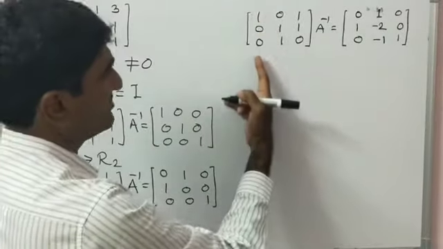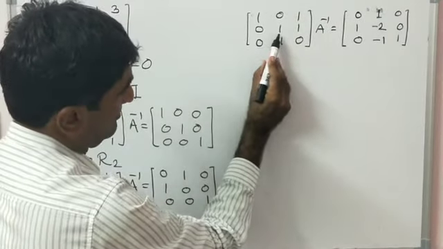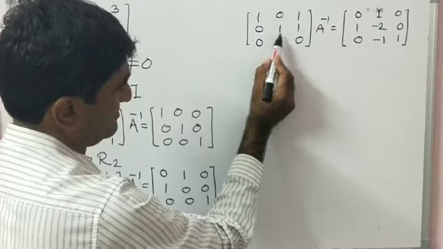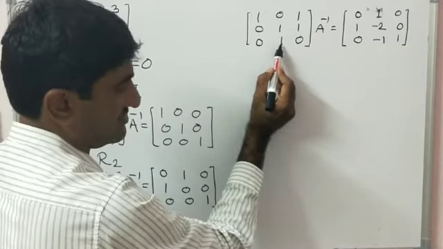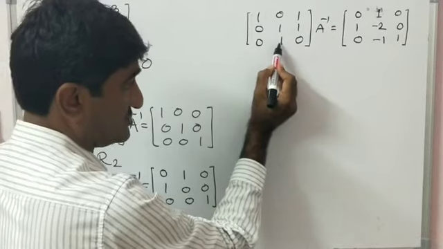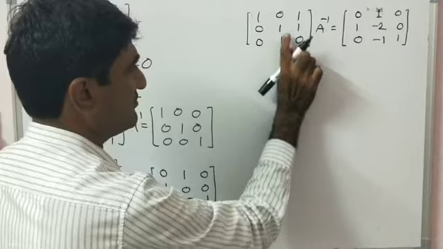Now this first column is completed. Now consider the second column. For the second column, 0 is already here, 1 is already here. Only for this one, we require 0, and the operation is very simple. This 0 from this one,